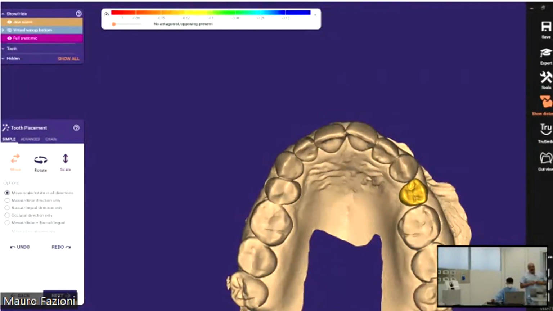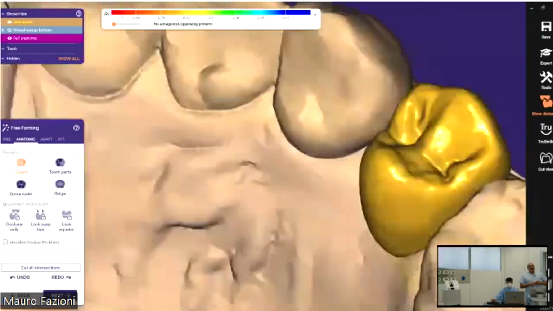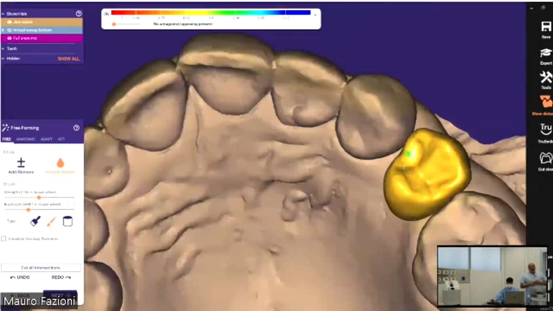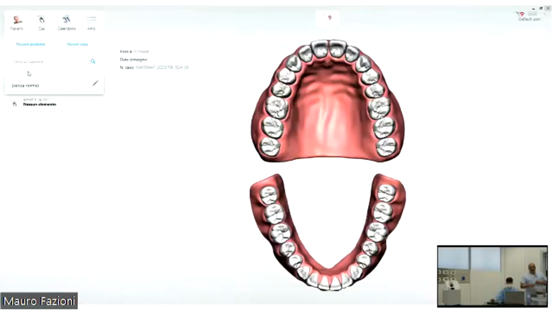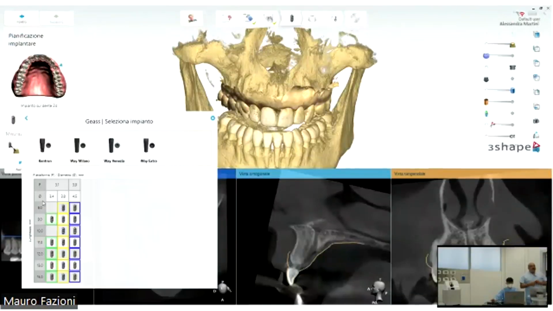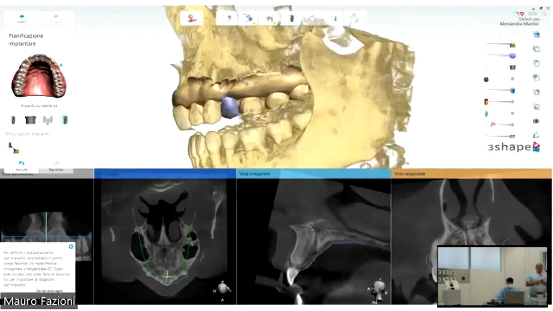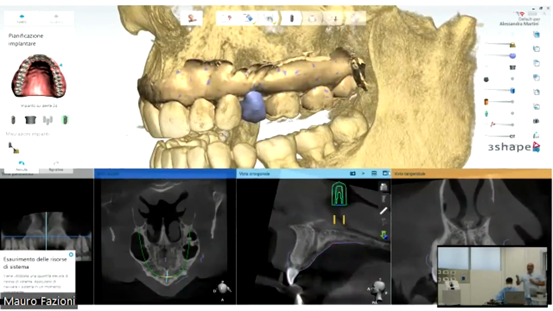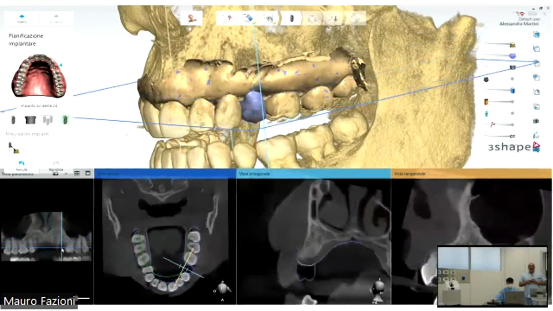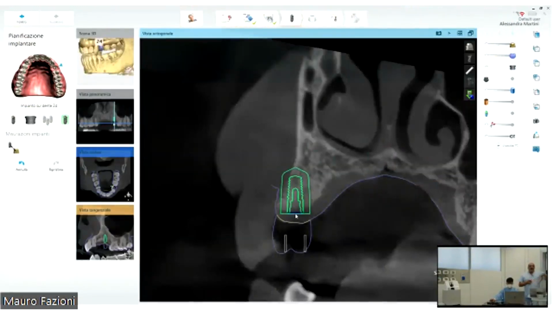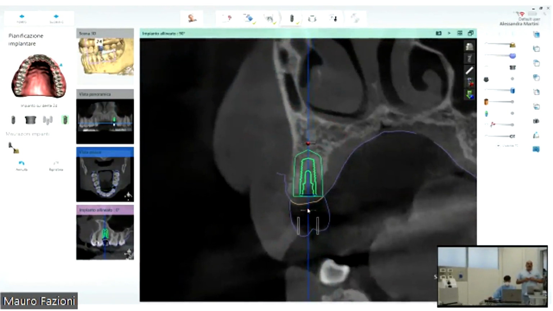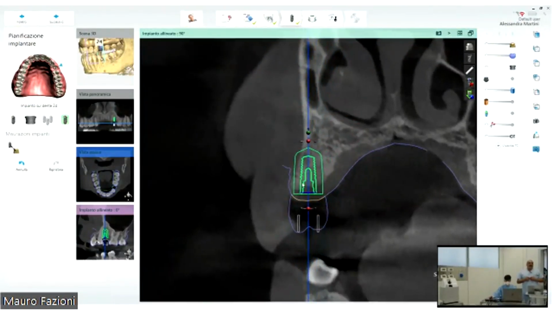In the first visit, we can discuss with our patient which is the right morphology and the right position of the tooth, okay? After this, we collect the DICOM, because as you know, we do guided surgery every time, thanks to the possibility of the 3D printer. We can print a guide together in 15 minutes, so we are ready to print it in the same day